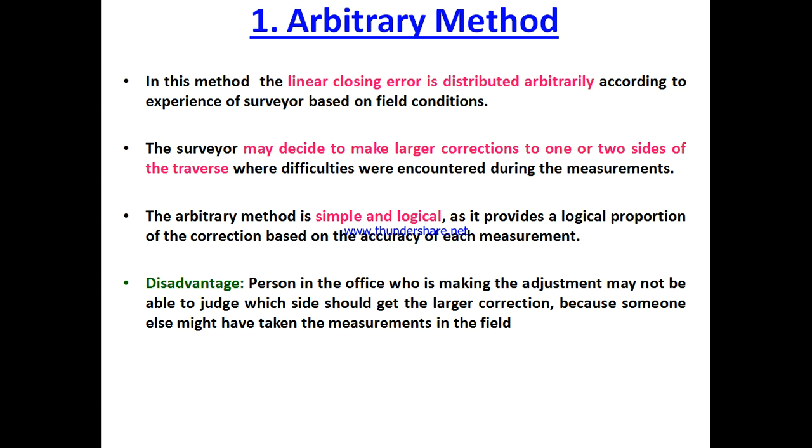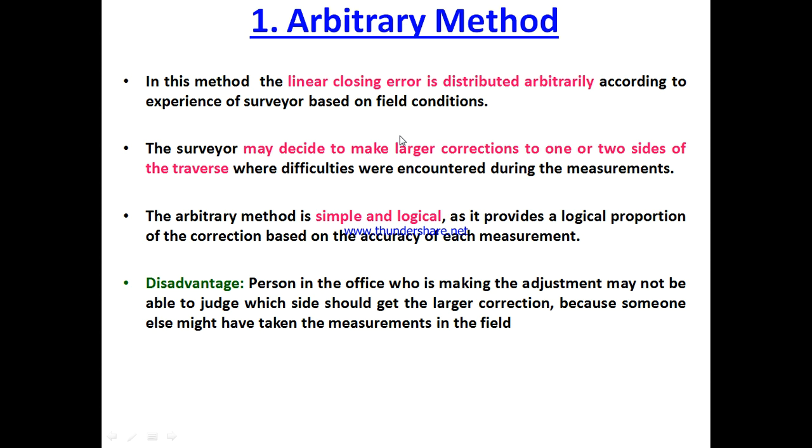I mean to say, whatever errors we are getting in the length of a particular traverse line, then as I have told in the last lecture, we have arbitrary corrections for such type of traverse, in which we make more correction to such traverse lines having smaller length. While if the traverse line is having larger length, then we make less correction for that case. So in this manner of arbitrary method, we just distribute the error arbitrarily.